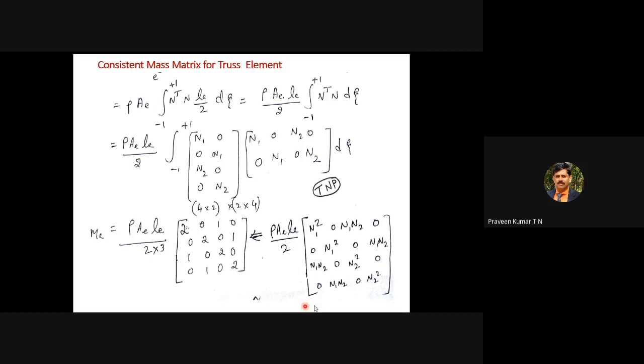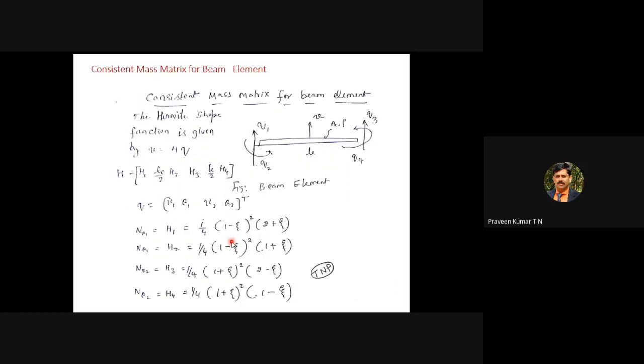Otherwise, in the examination, if you forget this matrix, you can stop at this step. After simplifying this equation and substituting those values, you can substitute what N1 and N2 are. You can substitute here, and here also you can substitute N1 and N2. You may lose a few marks, but instead of writing the wrong matrix, that is one more option. At least you will get around 80 to 90% of the marks. Then, in a similar way, you have to derive.